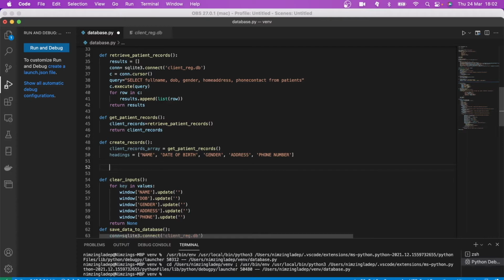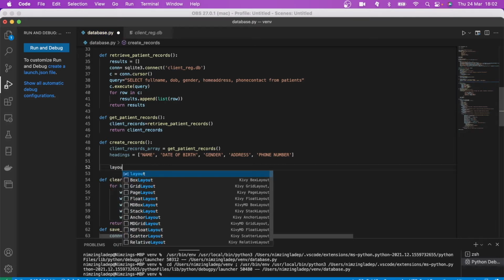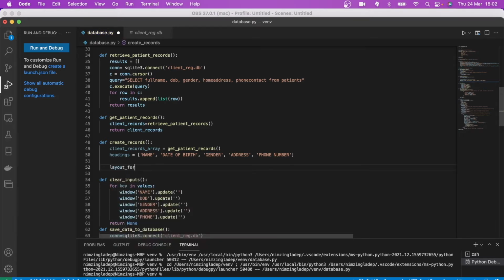You call this layout, sorry, we cap it in lowercase, layout for display